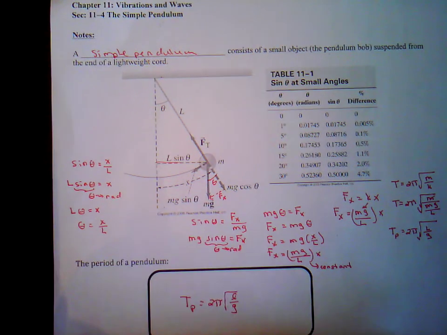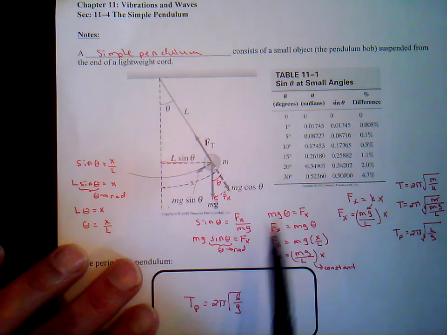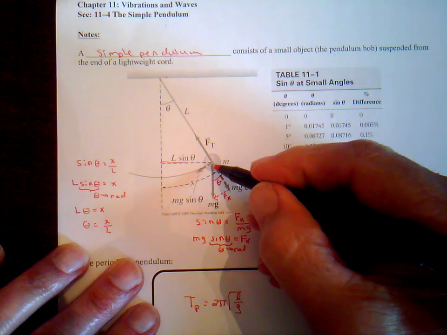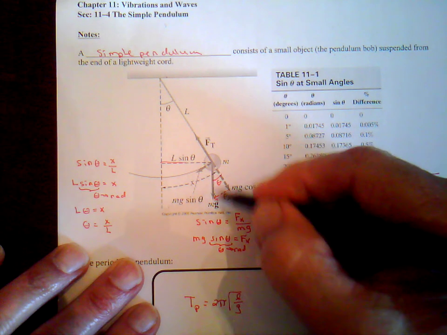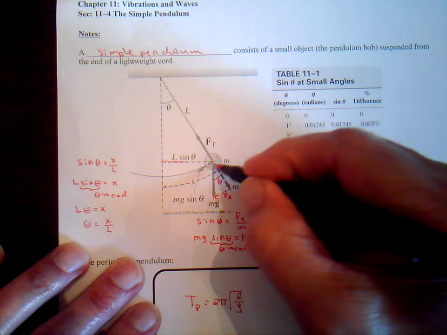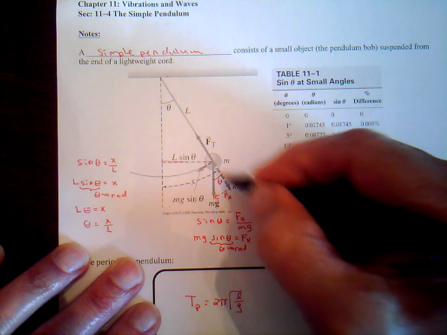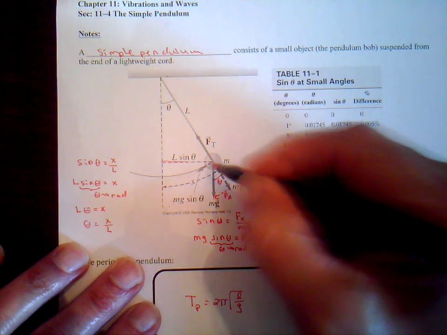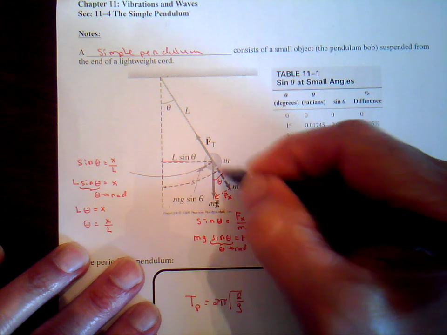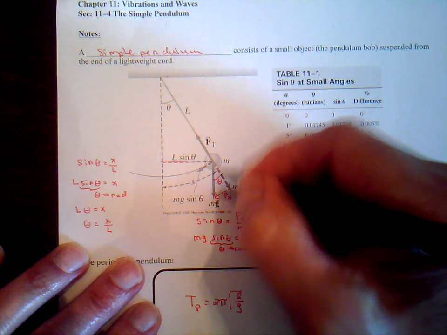Now let's take a look at the forces. This is the force of gravity straight down when this pendulum is up at its maximum displacement. This vector can be broken up into its y component and its x component. This is kind of like an incline. They have the x component drawn up here. It's moved down here to show that this y component and this x component add up to be that resultant